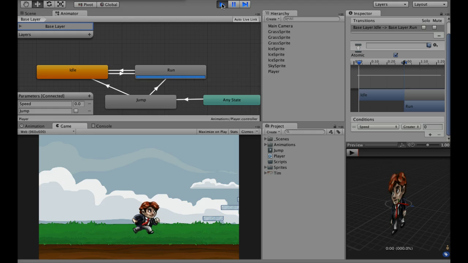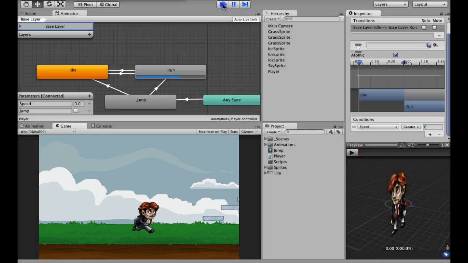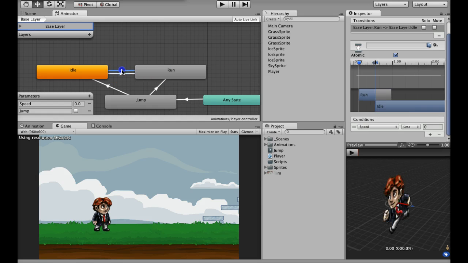Check this out. I'm not holding anything right now on my keyboard, and he's running, which means something's wrong with my logic. I think we're telling him to do that. So if I look here at my transitions, I'm saying if speed is greater than 0, I run. That's correct, right? And then I'm saying here, if speed is less than 0, then I go to idle. When is it ever less than 0 when I let go? It's not. So I need to say something like 0.1. Because remember, it's -1 if I hit the left key, +1 if I hit the right key, 0 if I hit no key. So now if I try it,